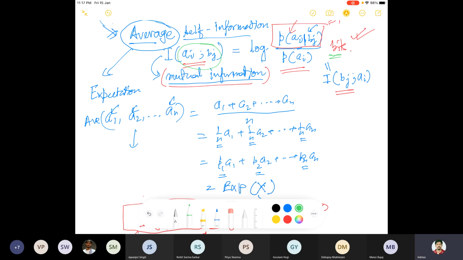Okay, by the way, there is one more thing we can see. The log property is very important, because when we are finding P of Ai, it is basically more than P of Ai given Bj. This tells us that if we know that Bj has already happened, then the information from the happening of Ai is even lesser than what it was normally. So this gives us even lesser information than what we had initially.